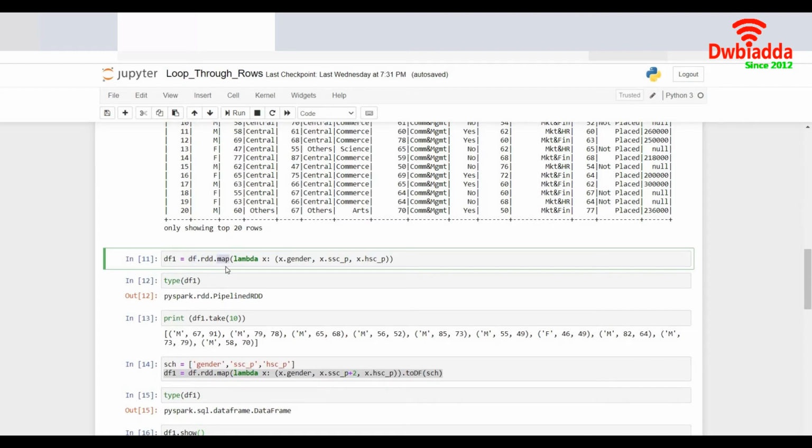Okay. And I use a lambda function over here. A lambda function is nothing but a function which is created on the go. And once I'm out of this line, this function will be removed. Okay. So that is the importance of a lambda function. So mostly map goes along with a lambda function.